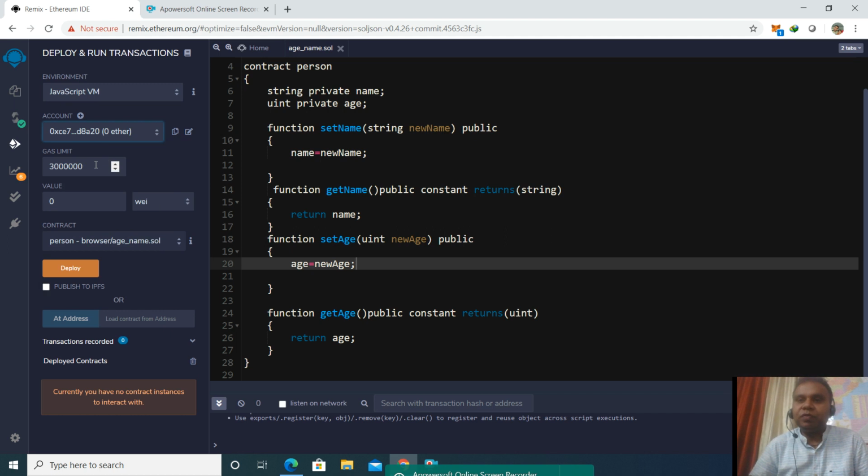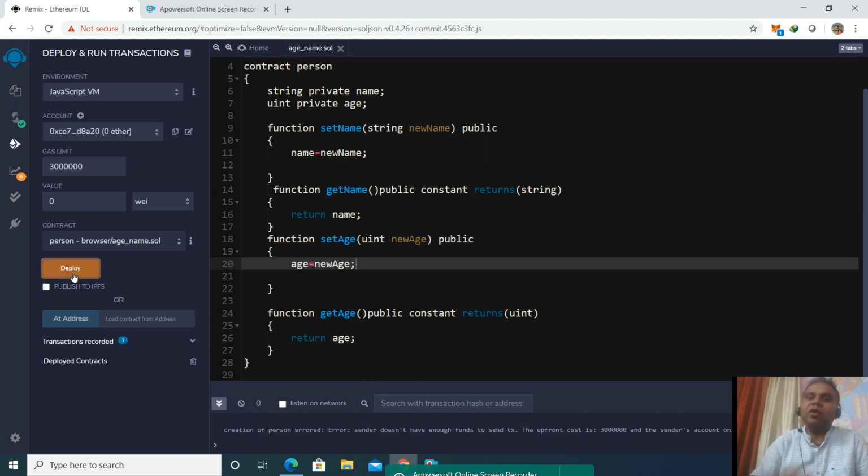the basic currency which we talk about in Ethereum is Ether. 1 Ether is equal to 10 to the power 18 WEI. Every calculation in Ethereum is done in terms of WEI. Gas limit is basically related to the contract which we have written. There are different functions. For each function, a certain gas limit is calculated, and it depends upon the complexity of the contract. So this is the maximum gas limit with which the contract can run using this account.